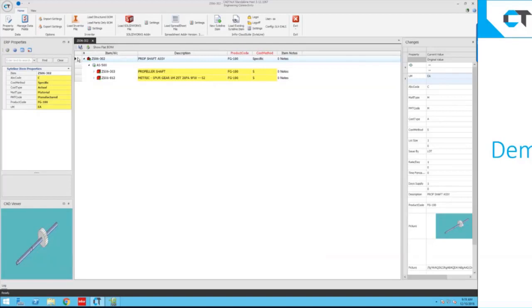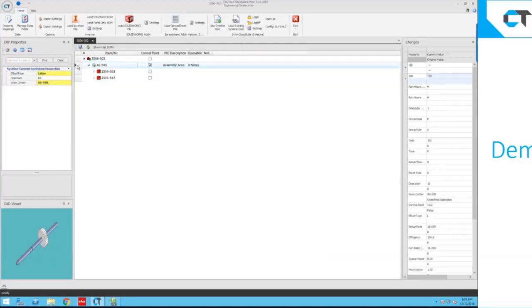that data over. Another thing to note is that this assembly operation actually does not exist inside of SolidWorks. The AI expression engine's figuring that out. It says, you know what? I know that's an assembly coming over from SolidWorks, so I need to do something with that. So I'm going to go ahead and add an assembly operation to this routing because I know that they're going to need to assemble this on the manufacturing side.